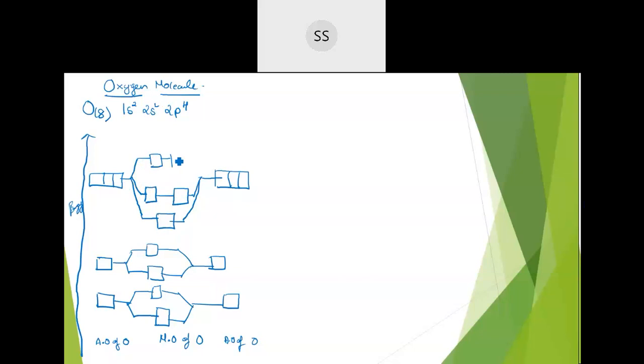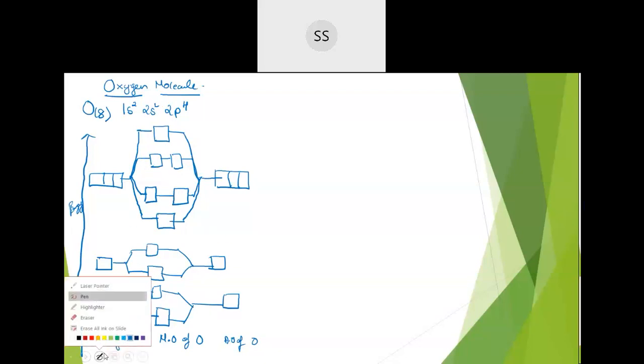Then the rest, at the anti-bonding stage, will remain the same because the higher electron density is present in the bonding. So at the anti-bonding stage you don't have to touch anything; you can draw it as it is, as we have done for carbon. It will continue like that for other elements also. Now label them. After you have finished drawing the orbitals, you can label them. This is 1s and here we have 1s, and the center ones are the molecular orbitals sigma 1s and sigma star 1s.